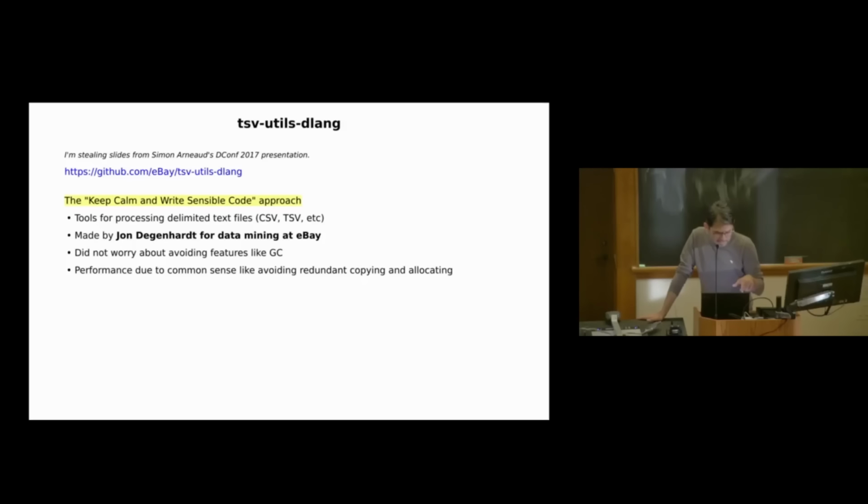I am stealing the following slides or ideas for these slides from Simon Arnold's DConf 2007 presentation, because he presented D in a very wide range of use cases. For example, the TSV utils used the keep calm and write sensible code approach. TSV did not do anything special. They did not attempt to do any high performance coding. John Degenhardt just used D as it is, and I will